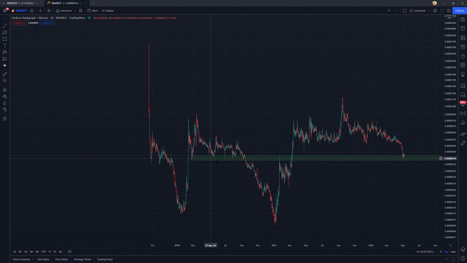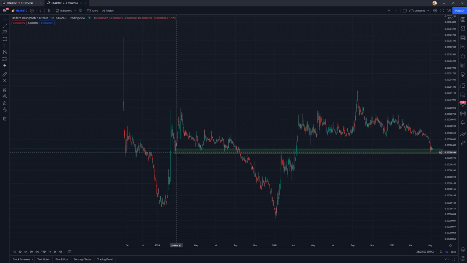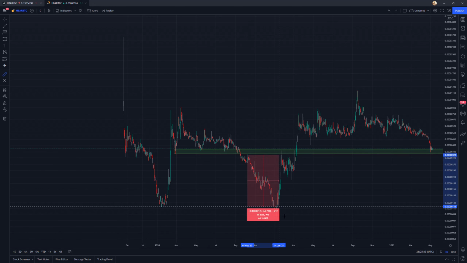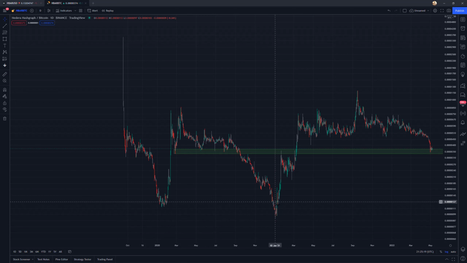So I've kind of outlined this green region here that is provided as a significantly important level in the past. So as you can see here, in early 2020, we kind of bounced off this level here, came back down, and bounced off it a few times here. Ultimately, when we did lose this level, though, that meant we were on a quick trajectory down of about 72% in just 3 months. So it has acted as a very significant level.